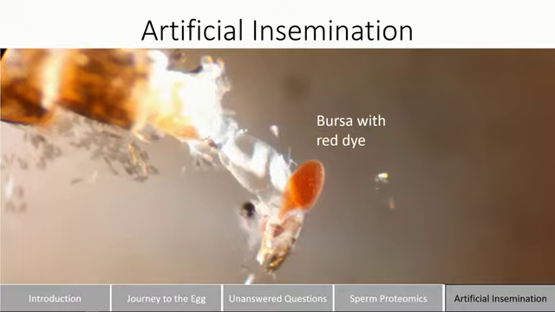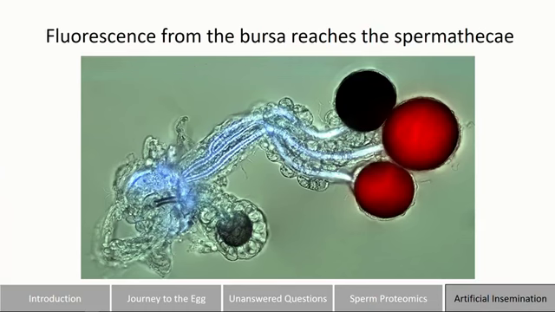But when I introduced fluorescent microbeads in with this dye, I noticed something interesting, and that's that those fluorescent beads are initially contained within the bursa, but sometimes they also end up stored in the spermatheca. And this intrigued me because it doesn't happen immediately. And so it seems like a female may be actively storing inert seminal components from the bursa into her spermatheca. And so maybe she's even storing things like seminal proteins or steroid hormones or anything like that in the spermatheca that could modulate sperm function after they've been stored.